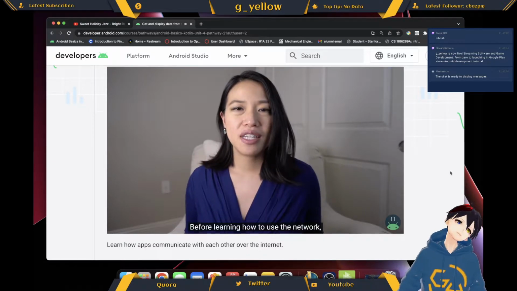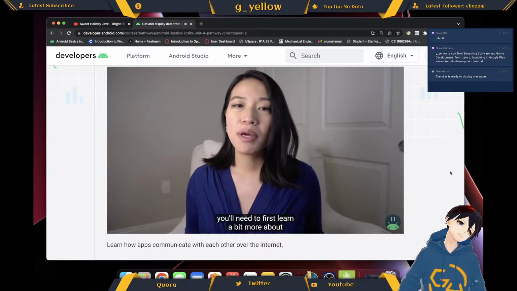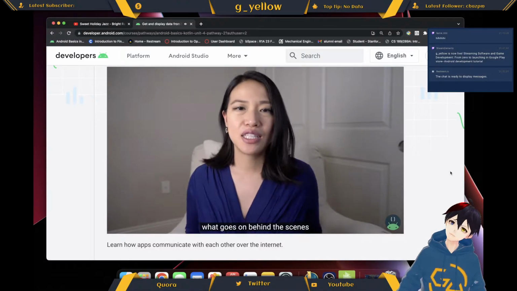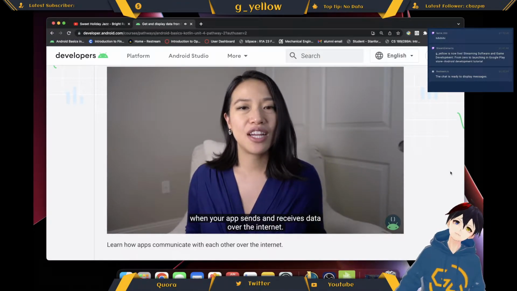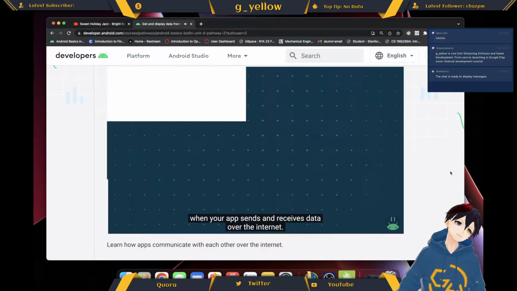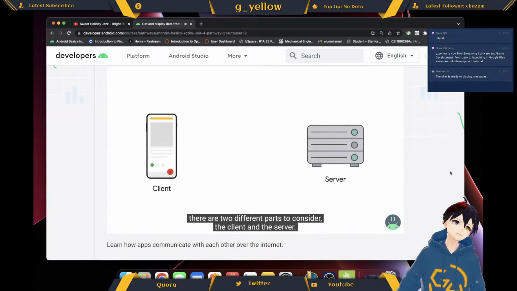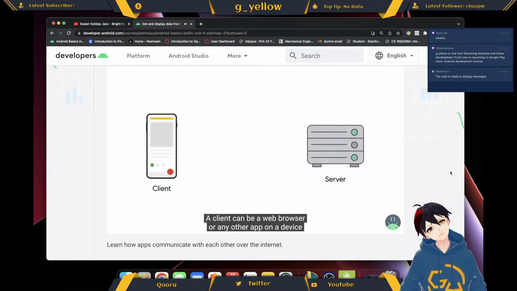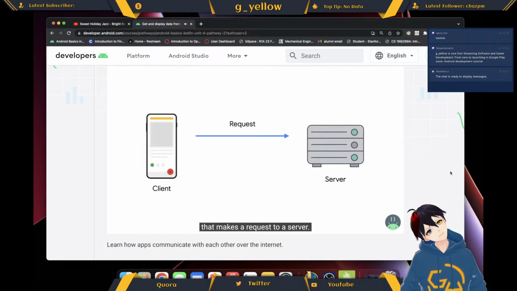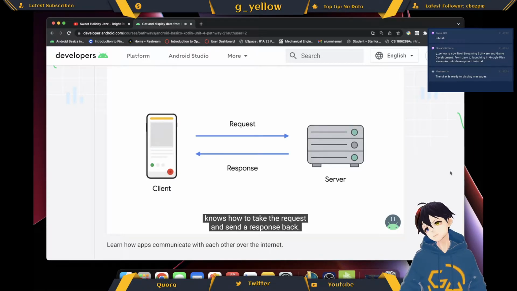Before learning how to use the network, you'll need to first learn a bit more about what goes on behind the scenes when your app sends and receives data over the internet. With the kind of networking we'll be discussing, there are two different parts to consider, the client and the server. A client can be a web browser or any other app on a device that makes a request to a server. The server, which you can think of as a computer, knows how to take the request and send a